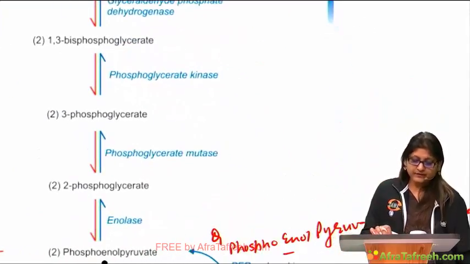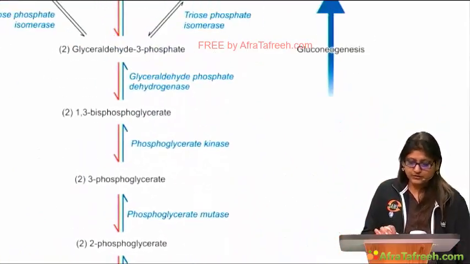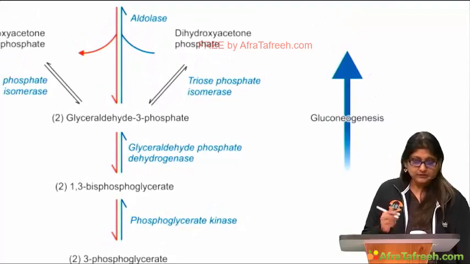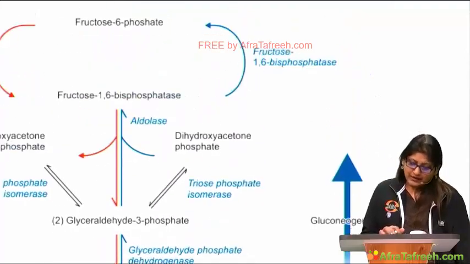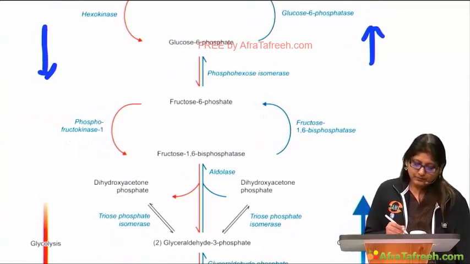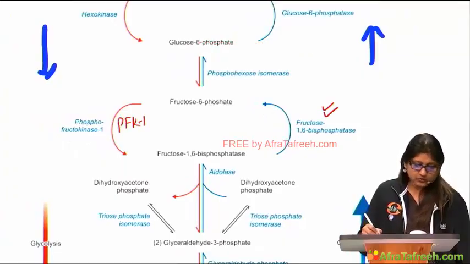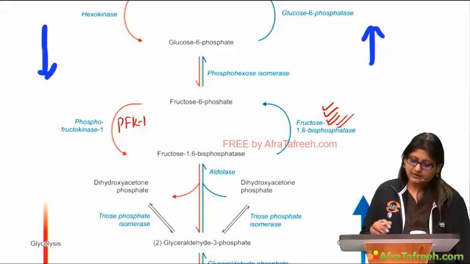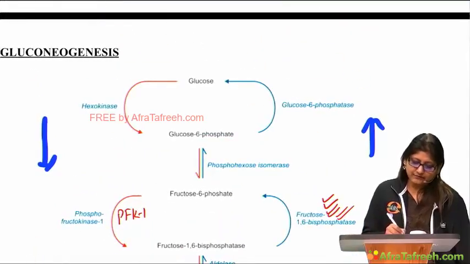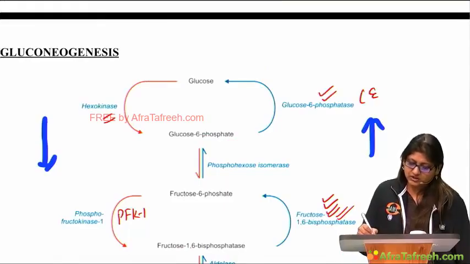Then all the reversible reactions of glycolysis are used in the reverse direction. Just see the blue arrow here. Aldolase is also used, and the counter enzyme for PFK1 is going to be fructose 1,6-bisphosphatase, right? And the counter enzyme for glucokinase or hexokinase is glucose 6-phosphatase, which is there in the